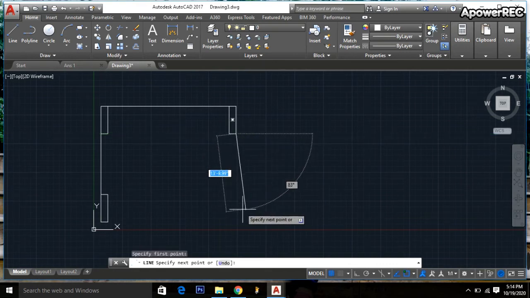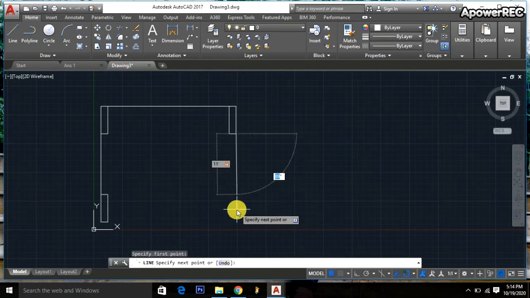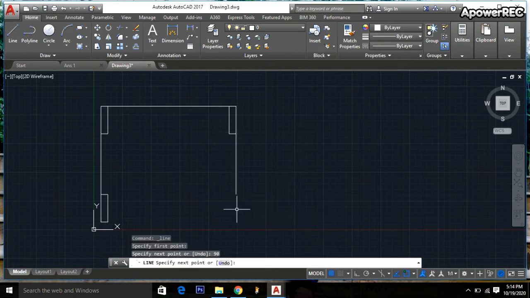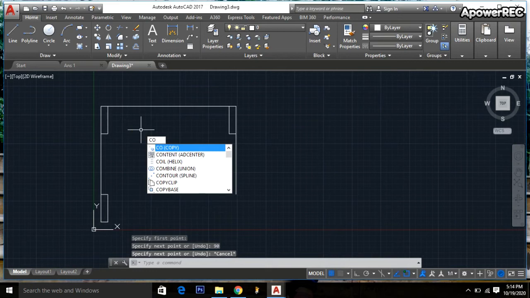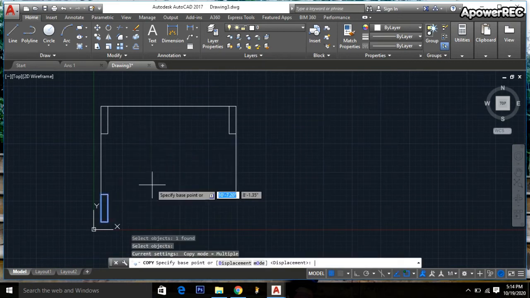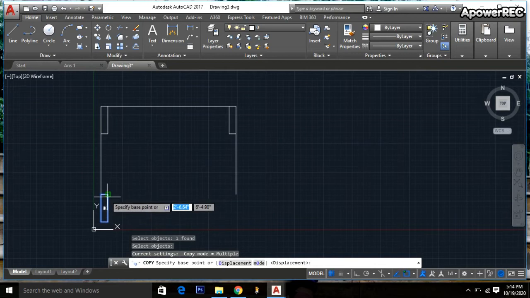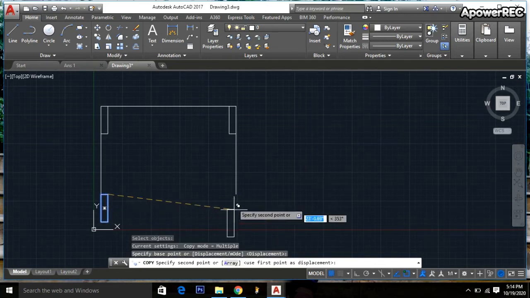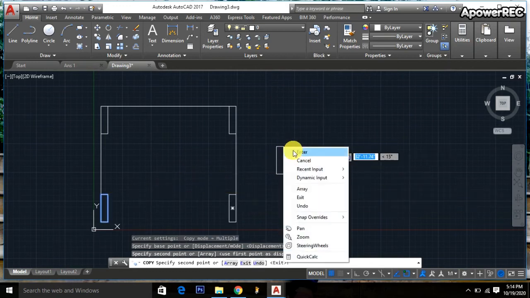It will be 132 inch, and the angle will be tab 90, enter. Escape. Then again copy, taking it from this distance and click here, right button and enter.